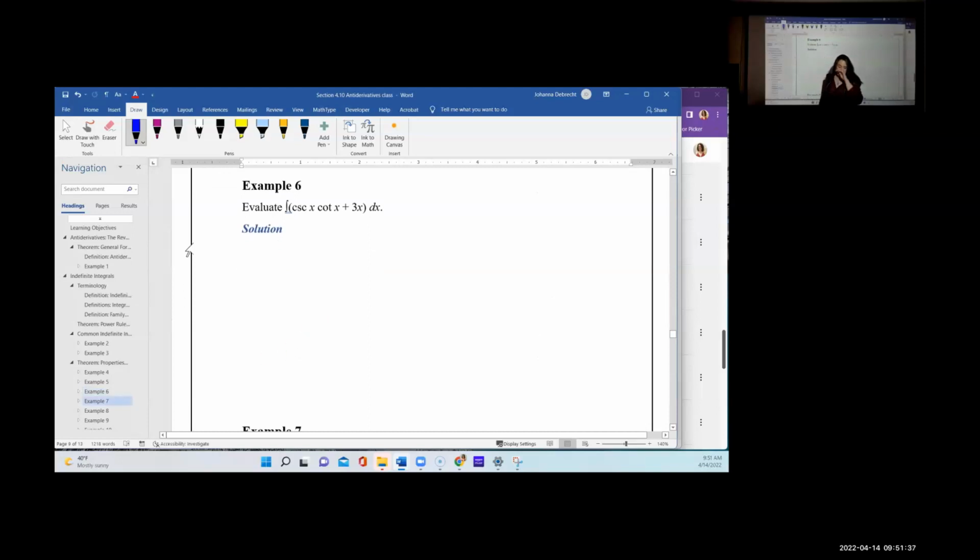Example 6. Something gives me the derivative cosecant of x cotangent of x. So I can split this one up, and I have cosecant x cotangent of x. The only one that gives me two trig functions is either secant or cosecant. And these are co-functions, so it's got to be cosecant. But cosecant gives a negative, and that's not negative. So that must mean that I multiplied the cosecant by a negative. So this has to be a negative cosecant of x plus,